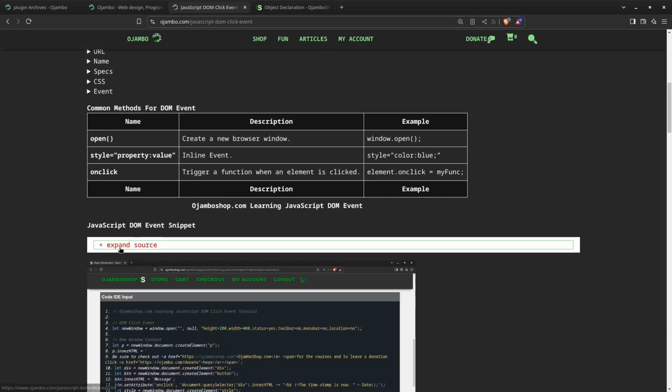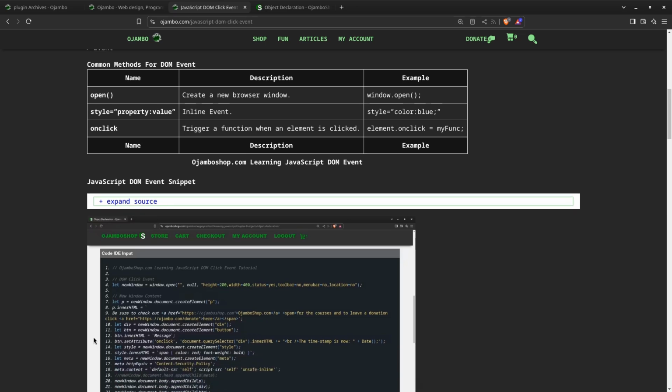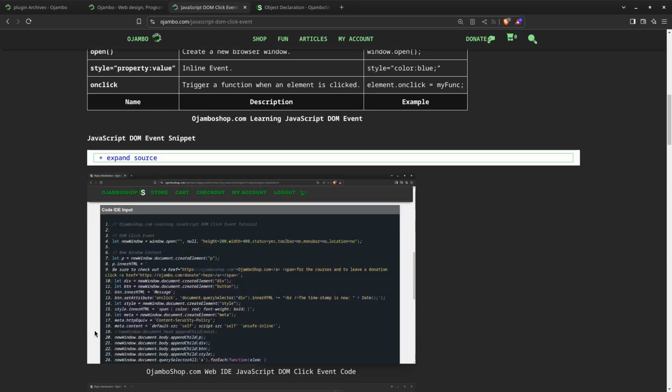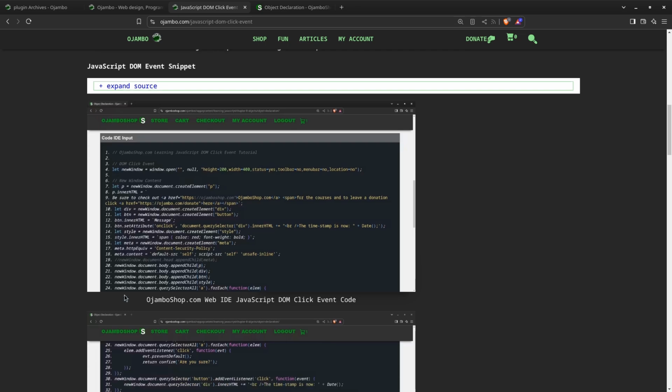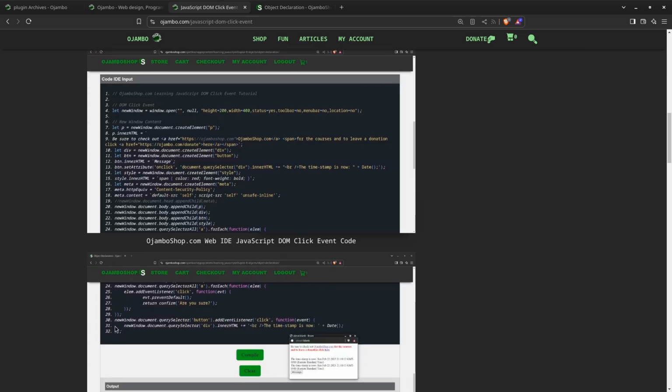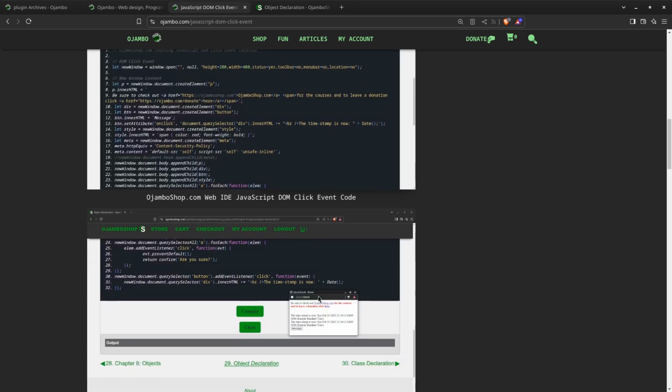So as usual, you can expand this source here to get the source code. You can simply copy and paste, or make sure you don't have any mistakes. If you prefer to follow along the long way, which is fine as well. As you can see, I do have a screenshot here. It's clipped off, that's not a problem. We'll show you the bottom part, see from line 24 to 32 here, and also they'll pop up the new window here. I made it small, that's what you can see, and